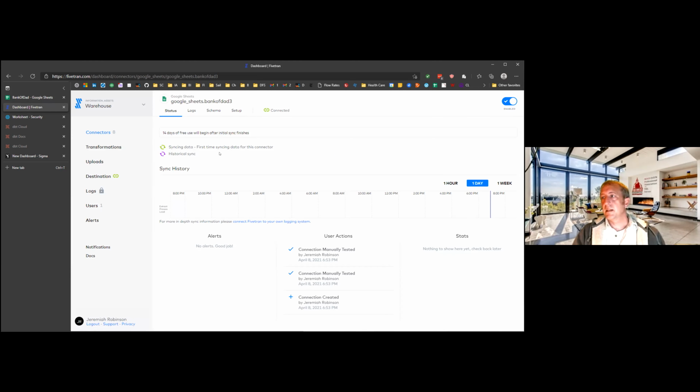It's interesting, this is taking longer than it's taken for me in the past. I wonder if 7 o'clock on Thursday night is a time when a lot of people are hitting FiveTran load compute clusters or whatever. Or maybe hitting Google Sheets, I don't know.